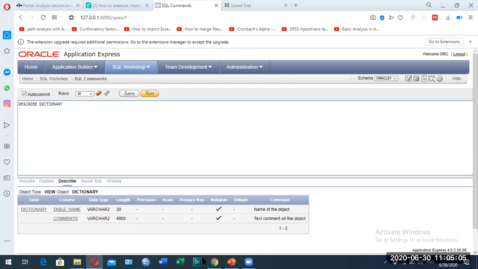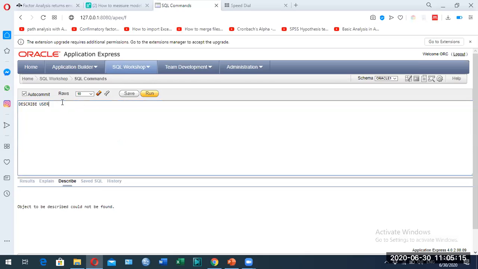Okay, if you want to write the other command to select the user view, then you write describe user, then it displays the users. Object user not found. We describe user objects.